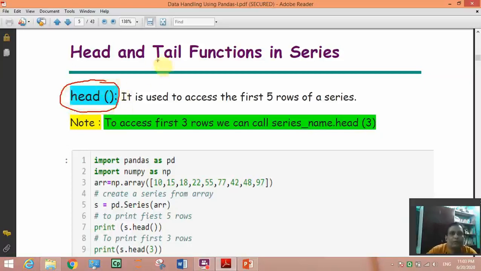Similarly, the tail function, the name denotes the back side, so it will take data from the bottom side.